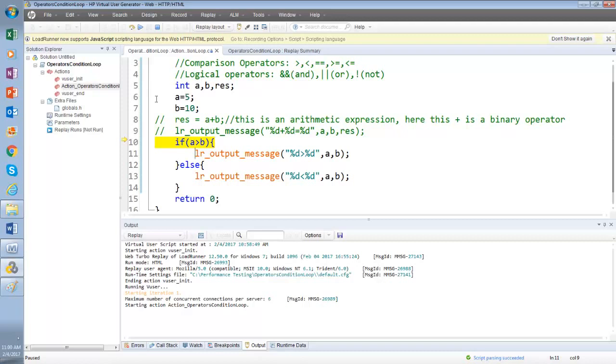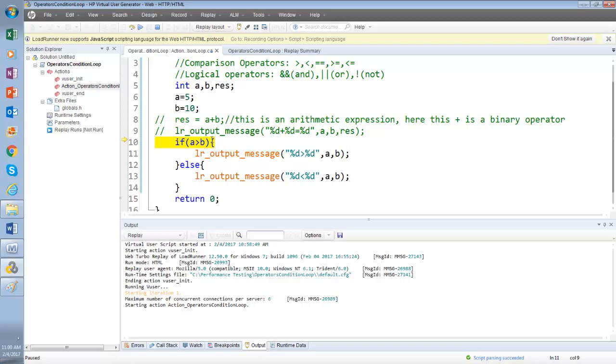Now line number 11 will be executed if the value of the statement is true. Actually, this is math as well. A greater than B has a result in the back end, true or false. We will bring another terminology here, Boolean expression, but later on.